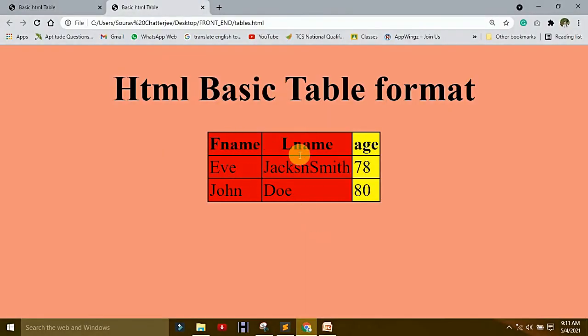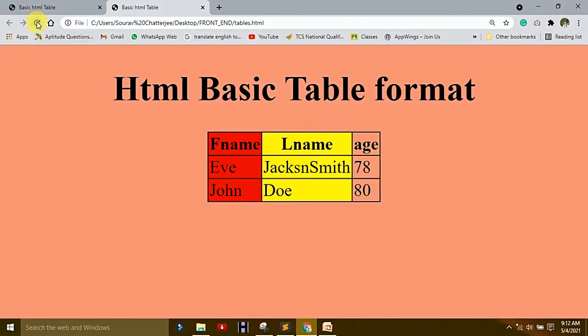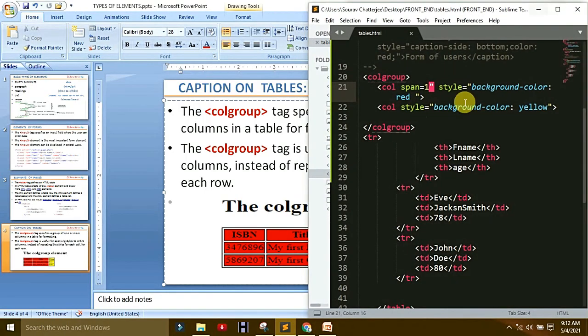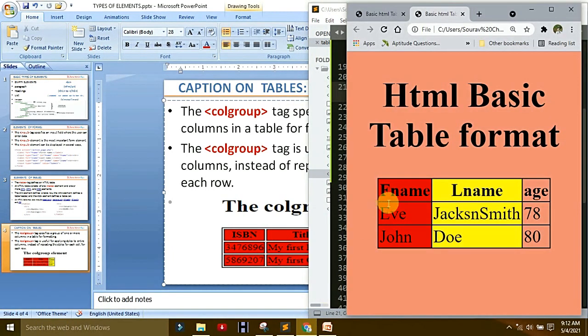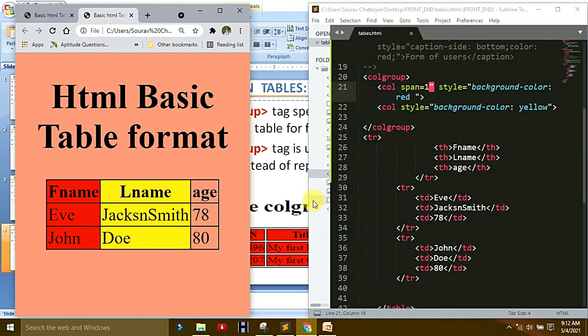First name is red, last name is red, age is in yellow. Now I understand red is span 2, right? Span 1. Save it and refresh it. What we saw: last name is one, first name is red, and age is the same. That is the case.